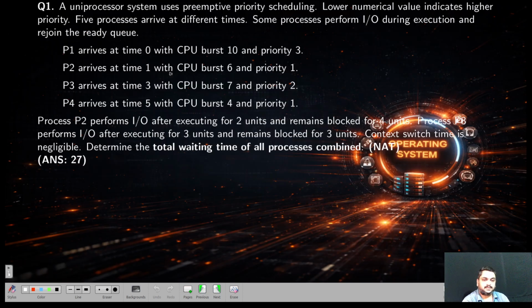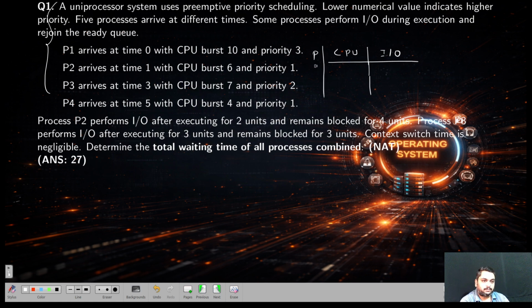Let us see some examples. The question will look very big like this. This is just a process scheduling algorithm. They are given the CPU burst time as well as IO time. If you are very confident, directly you can draw the Gantt chart from the data given here. Else you can just